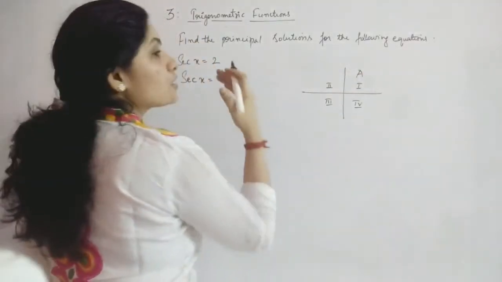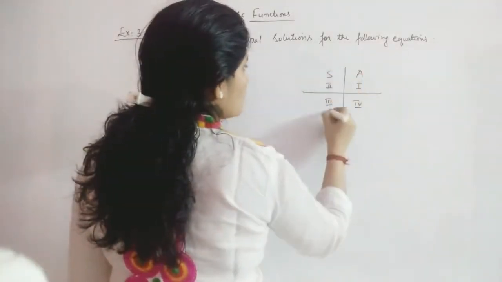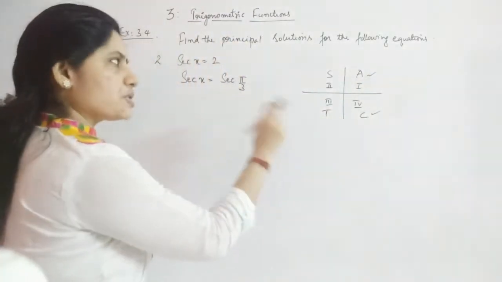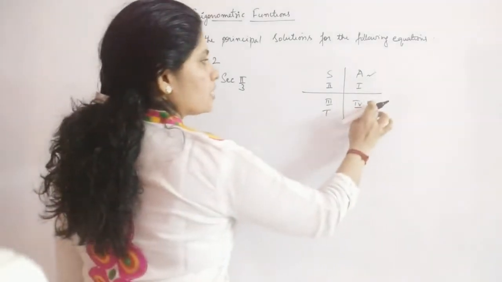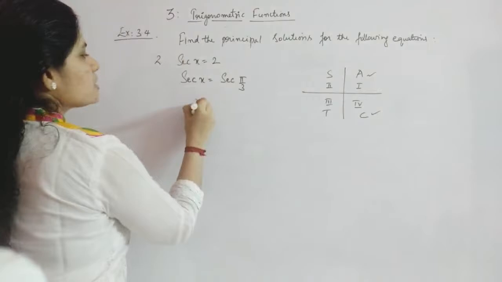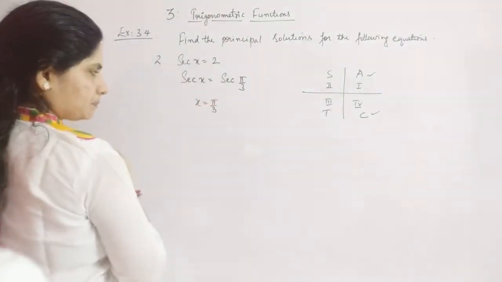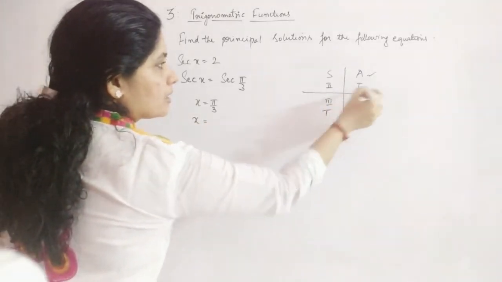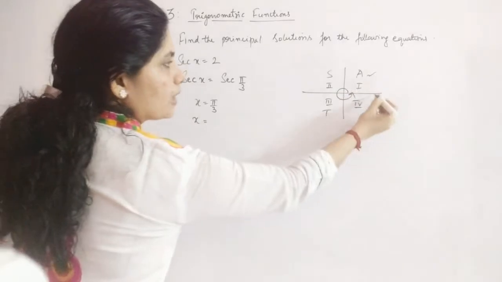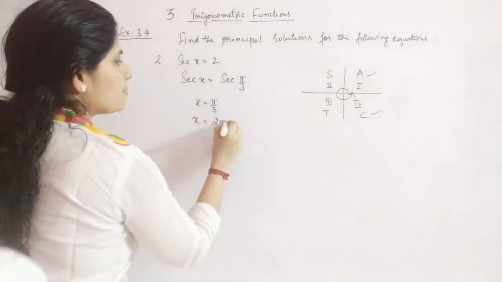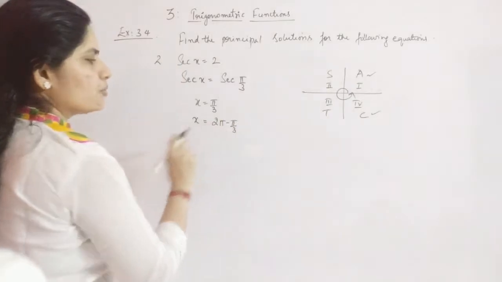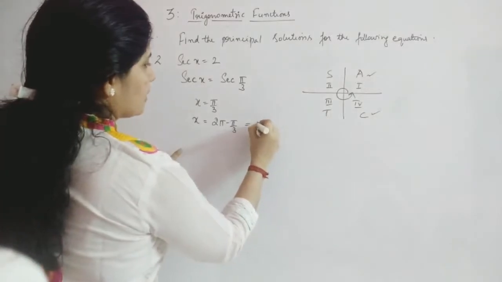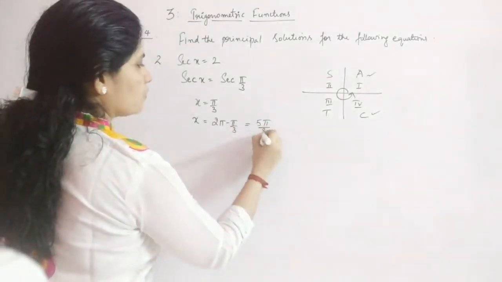Now in which quadrant is cos positive, we have to see. All silver teacups means in the fourth quadrant you have cos positive, so sec is also positive. Now for the fourth quadrant, how will the value be? The first value is x equal to pi by 3 and the other value will be, this is your 2 pi here till here. When you have that revolution, this becomes 2 pi, and in the fourth quadrant you have to make it 2 pi minus the angle which you already got. So 2 pi minus pi by 3 will give you how much? That is 5 pi by 3, right? 6 minus 1 gives 5 pi by 3.